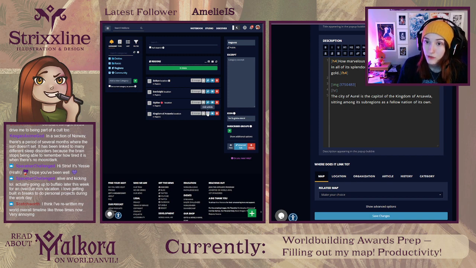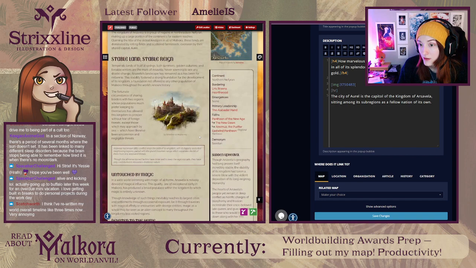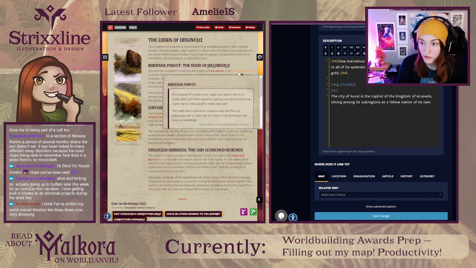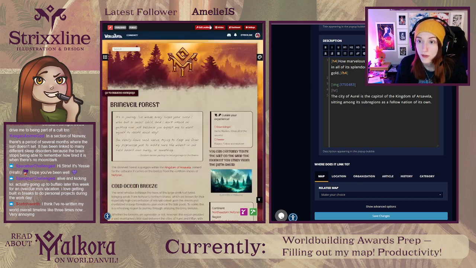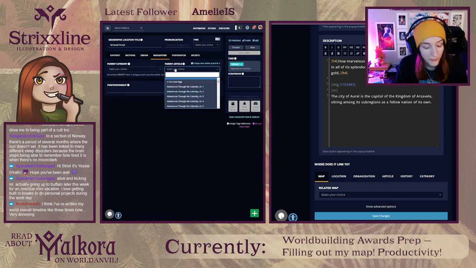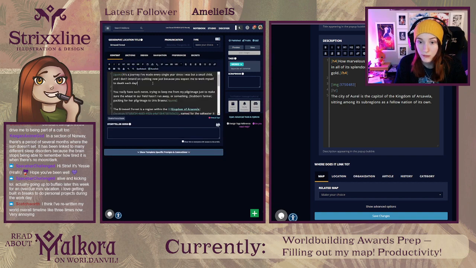Oh, I don't think I put categories on the little sub-regions in here. Brianville Forest, Savella Northlands, Malakaj Barrens. We're just gonna edit these real quick. And we are going to parent article. Kingdom of Arsavella. So not a full category by any means, just...